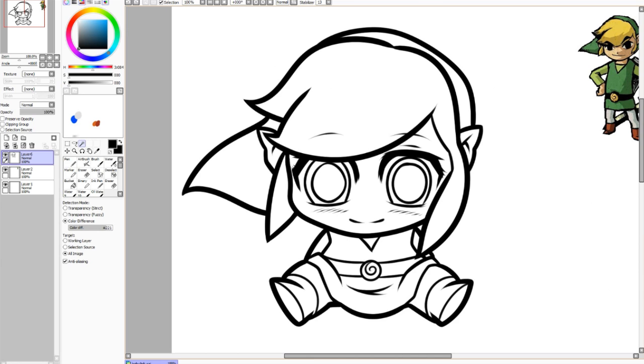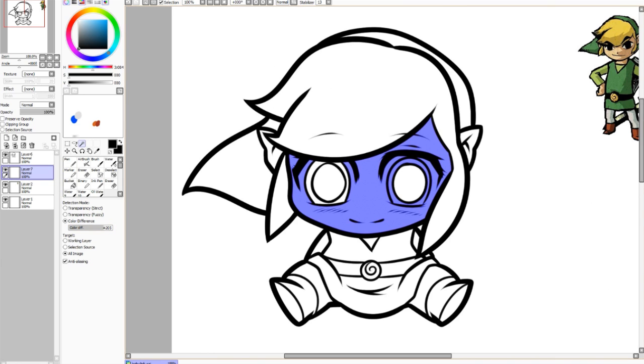Like, it picks every single pixel similar to the color you just selected. Alright. Now what I like to do is make a new layer underneath the line art layer. Make sure you do that. Okay. And now we're going to use our wand tool on a decent setting that would pick up most of